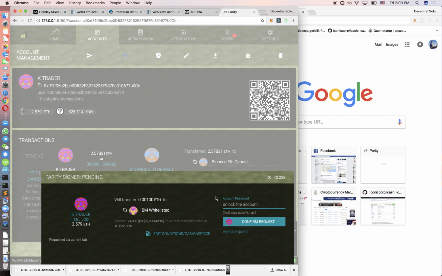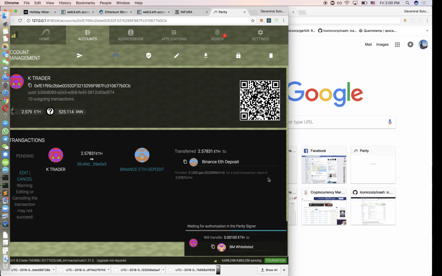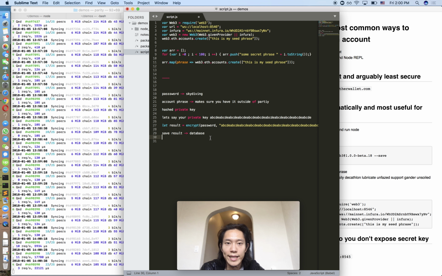Now I get this prompt to unlock the account with my password. I just denied that, but the password isn't saved in that step either, but it's used to decrypt